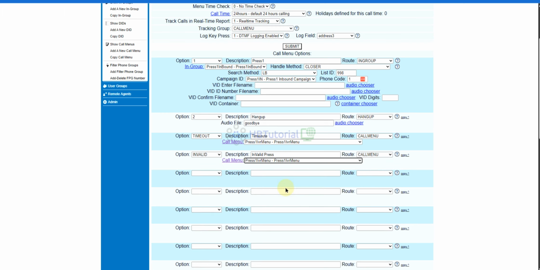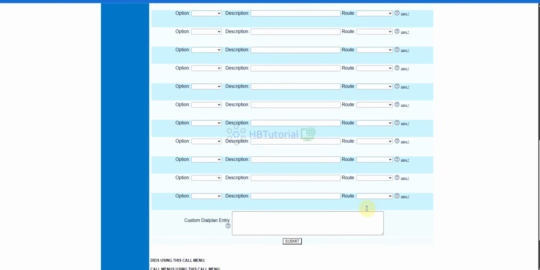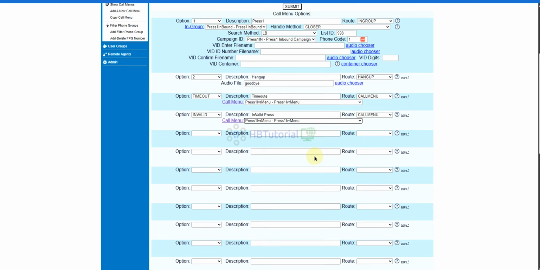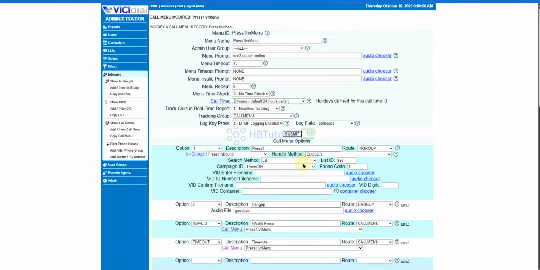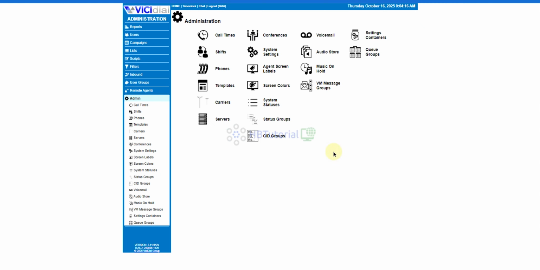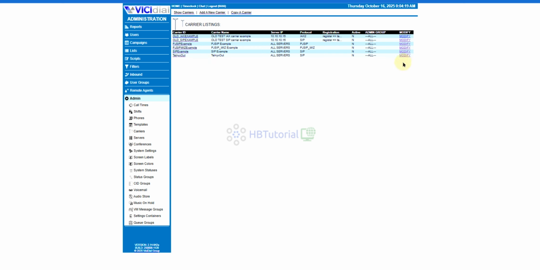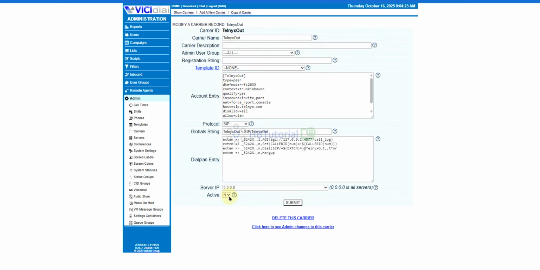Okay, submit. So we have successfully created our press 1 campaign routed to call menu and then inbound group, and then let's try if we are able to test.